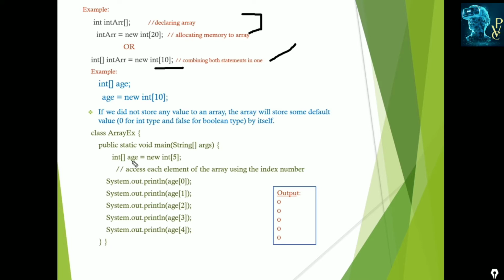Here we declared age and instantiated it with 5 elements. Its indexing starts from 0 to 4. We are trying to print it. We did not initialize any values at these index positions, so it automatically prints 0. For integer values, it automatically assigns the default value 0. So it displays 0. So we have to initialize the array indexes when we are creating the array.